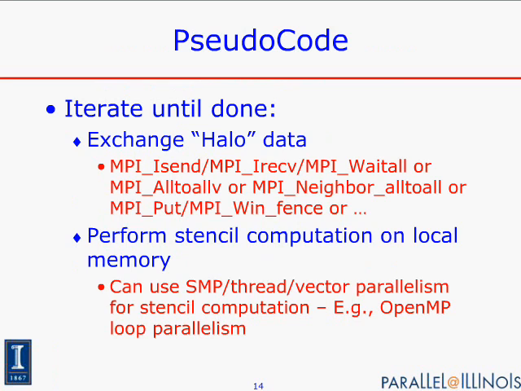Once I've exchanged that data, I can easily run the code that does the computation. And so I do that stencil computation on the local memory, which includes both the data owned by this process and the data that was given in that copy. Okay? And so I have these two phases. It's a very simple way to think about the code. I can think about correctness.